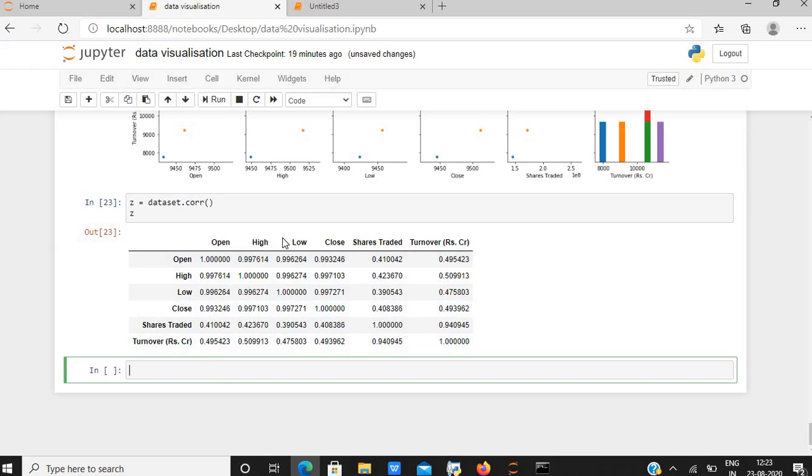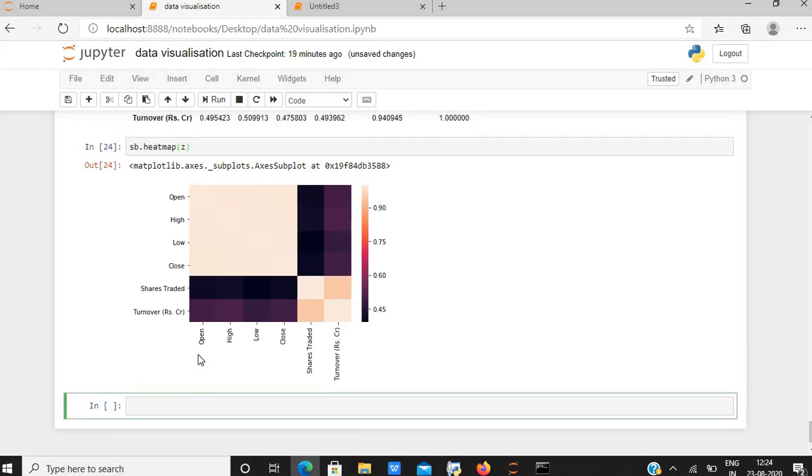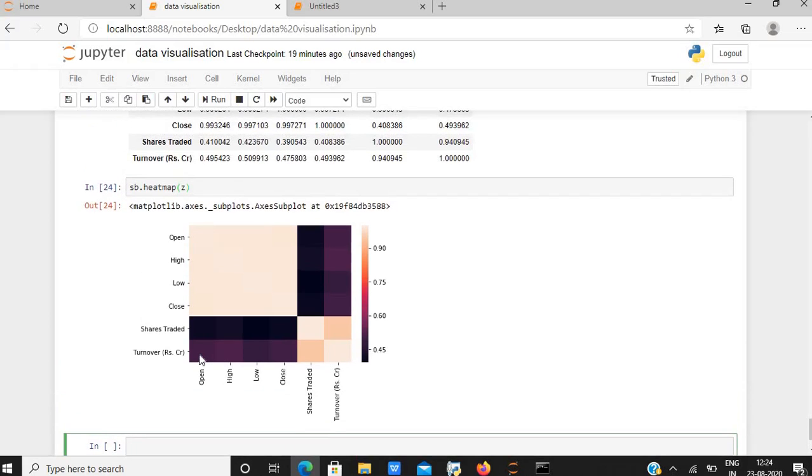Let us work with a heat map. To work on a heat map, we just need to type sb.heatmap and give the data value, that is z. As you can see, we have received a heat map here. The darker the color, the more values are present in this region. For the lighter color, it means that fewer values are present in this region.